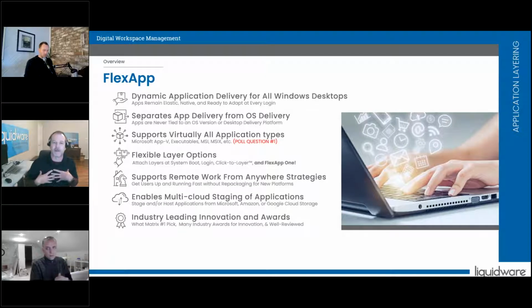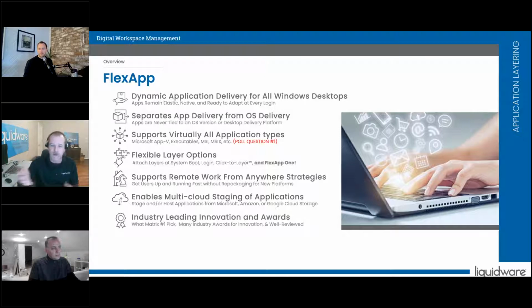Now you could use FlexApp for that, but why not put it in the base image? Because almost all the time, all users need access to that. Once you've done that, you're focusing on just your OS patches and just for your core apps. And then departmentally, you can bring in these apps that are not tied to the base image. And when we don't tie them to a base image, they'll work across all versions of Windows from Windows 7